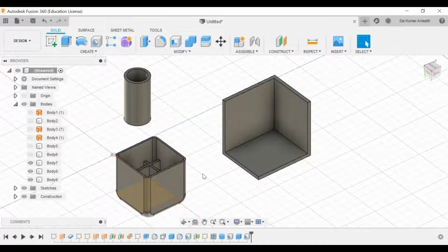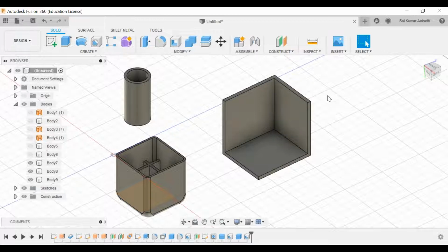So, clear? What is the main purpose of this shell command? In order to make this kind of structure, you design a cube, then give the shell option. Don't go with the surface approach, I mean, take a sketch, extrude it, take a sketch, extrude, take a sketch, extrude. You have to get the idea that I make a cube, then give a shell option of 3 mm thickness.